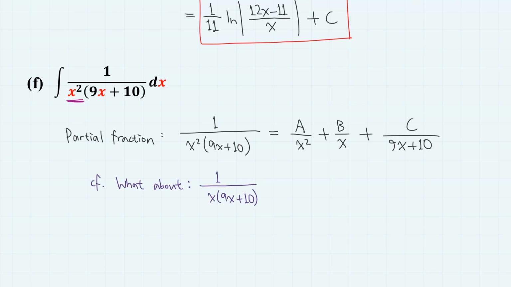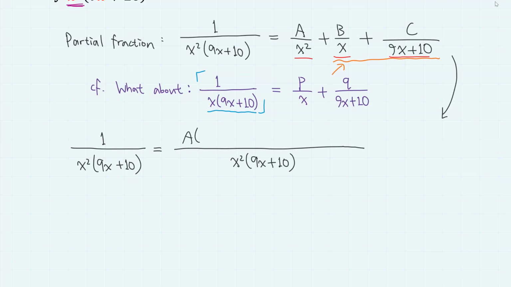Now some of you might ask, what about the 1 over x times (9x plus 10) term? If we require a quadratic term in a partial fraction expression, shouldn't we also include this term? Well, this term can be further split into partial fractions p over x plus q over 9x plus 10, which are already present here. So we only need to consider 1 over x squared, 1 over x, and 1 over 9x plus 10 terms. Reducing to the common denominator,